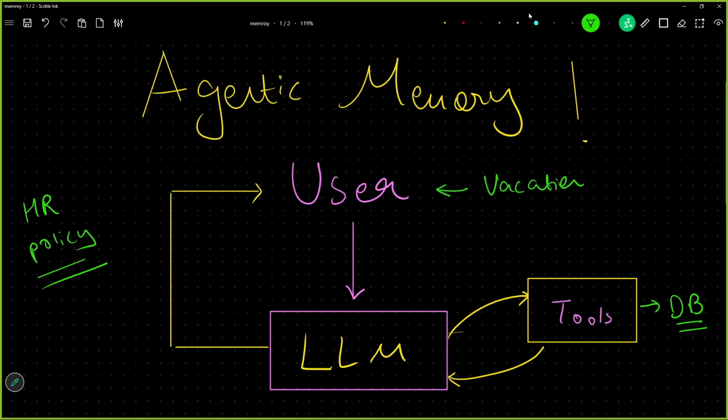In this scenario, the LLM will go to the tool. The tool will give all the information. Okay, this information is nothing but the context. We call it as context, the context about the vacation. And once AI has the context, AI can give a response to the user that, hey, this is the vacation policy. Now, AI was only able to give a accurate, validated answer because the information which was retrieved was from a valid source, trusted source,